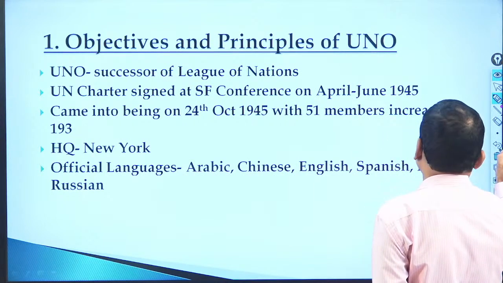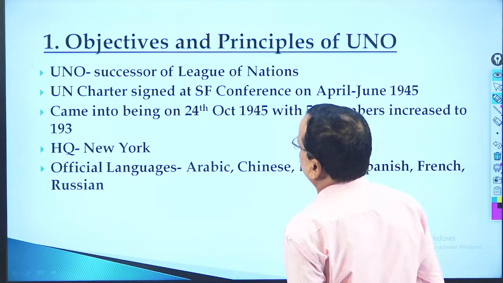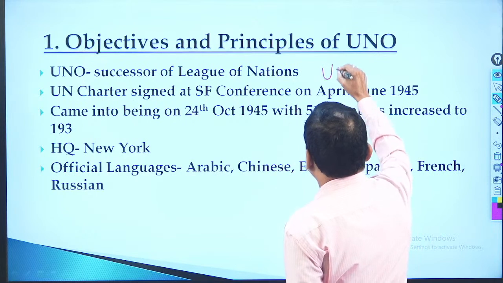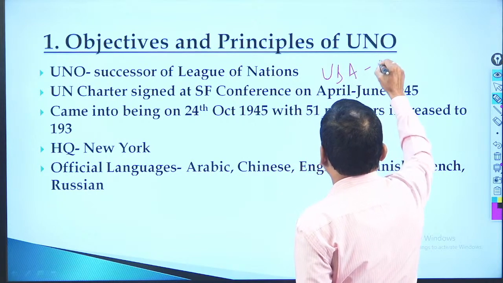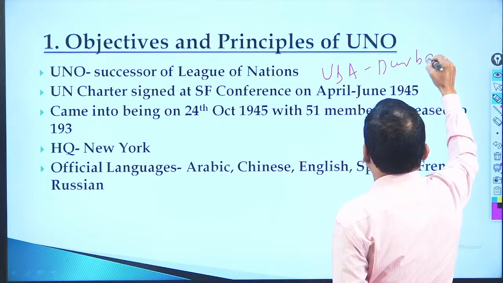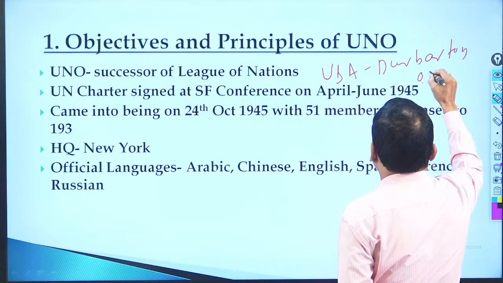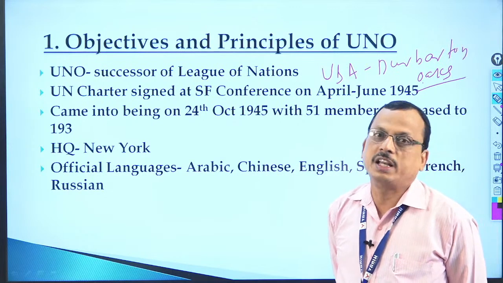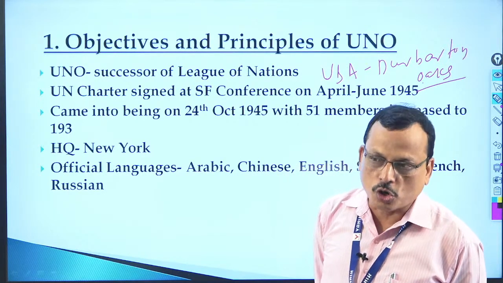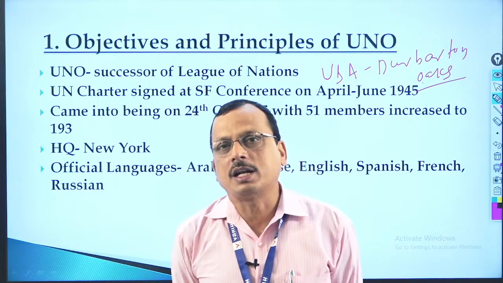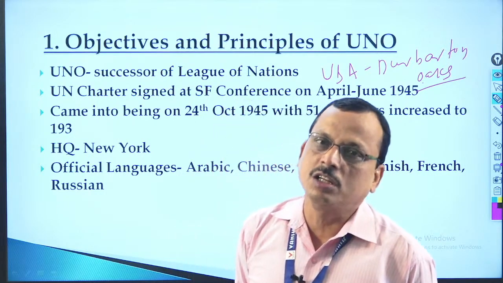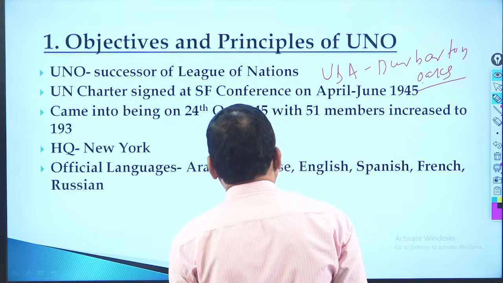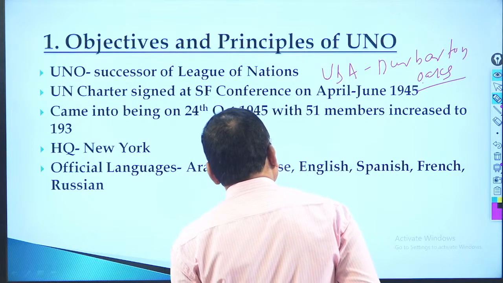So where did it start? The initiative to start a new organization as a successor of the League of Nations was started in USA at a place called Dumbarton Oaks. It is a place in USA. The first such delegation level meet to chalk out the plan for creating another international institution as a successor of the League of Nations was the Dumbarton Oaks Conference,